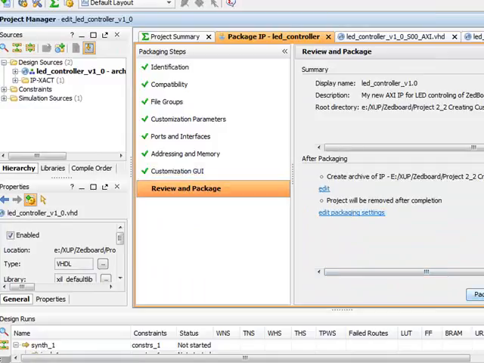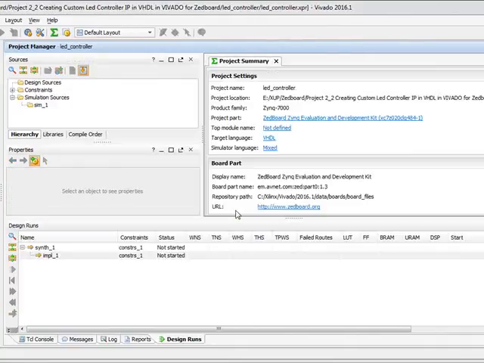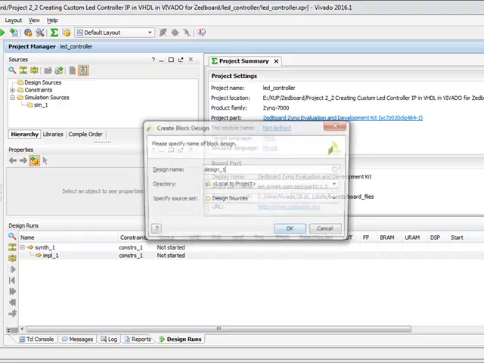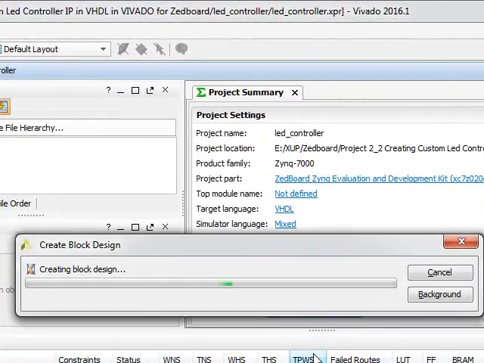So let's package it. After packaging, do you want to close the project? Yes, close it. So we will go to the main window. In this window we are going to insert our recently designed IP. So let's create a new block design, and we can see here